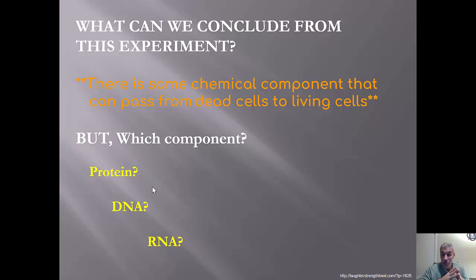This makes sense because proteins do everything. They're enzymes, they're transport proteins. We've talked about all these different things that proteins can do. So the leading candidate was some protein that passed it, right? DNA and RNA, they had no idea what their real purpose was at the time. So they were pretty sure that protein was going to be the thing that was the genetic material.